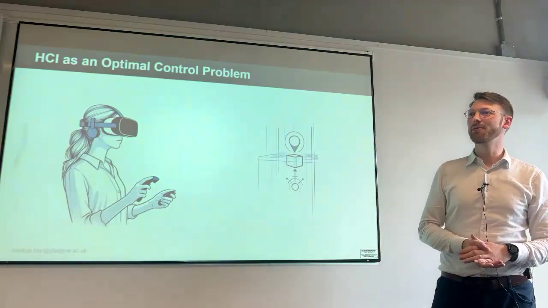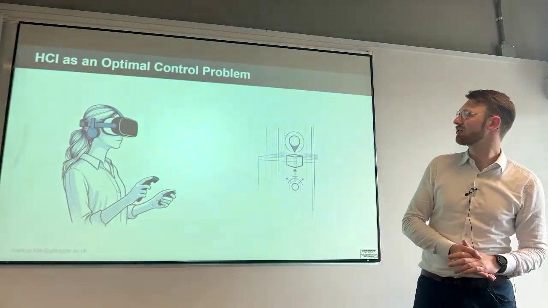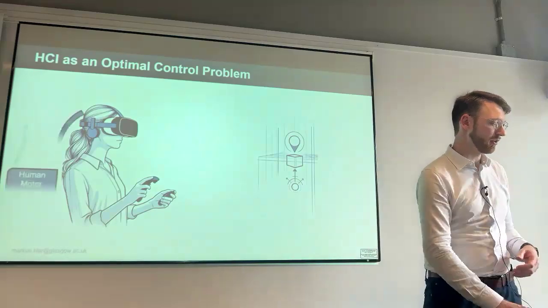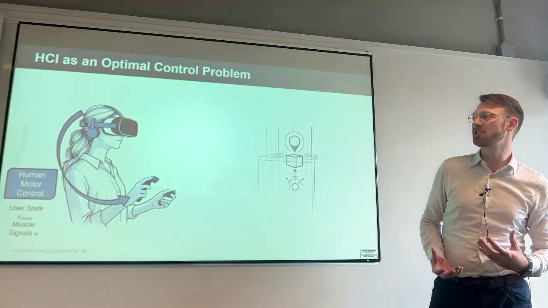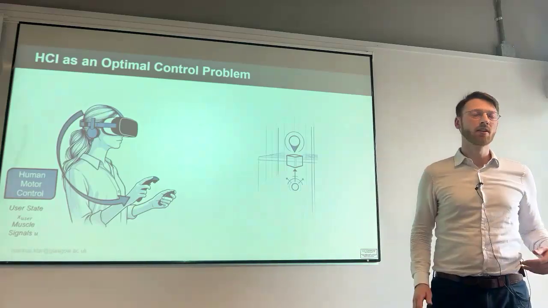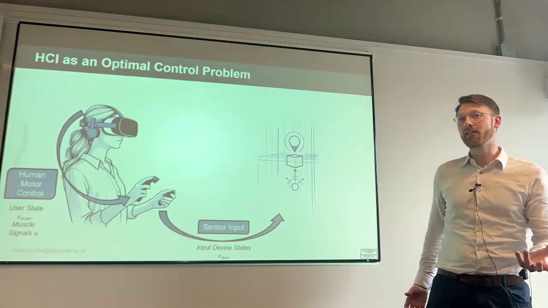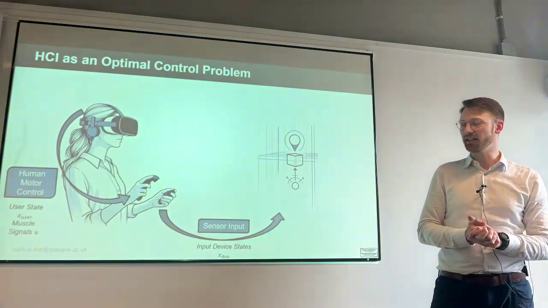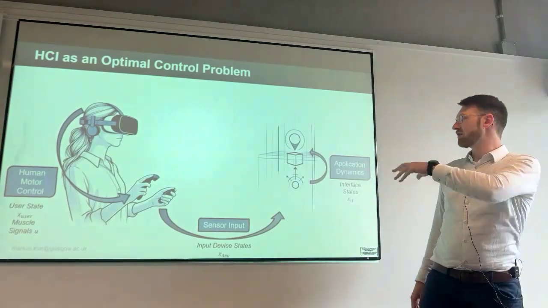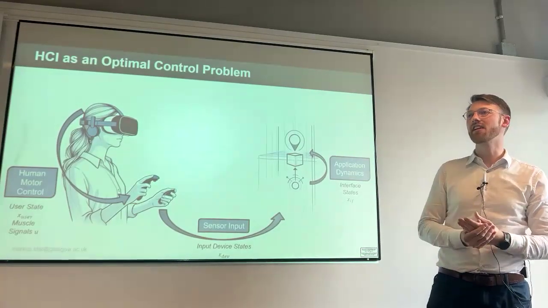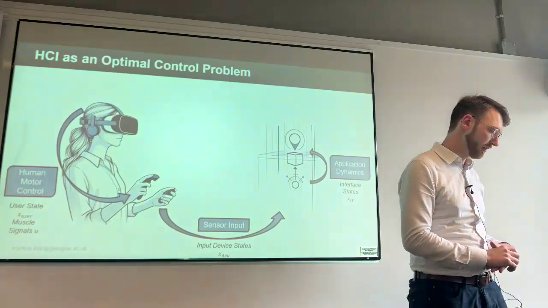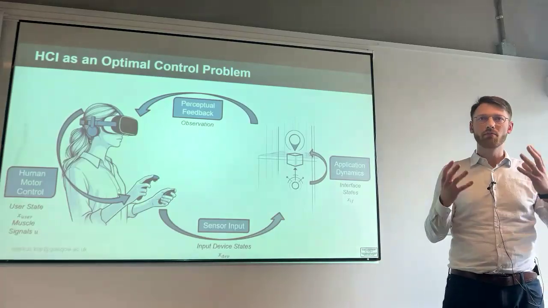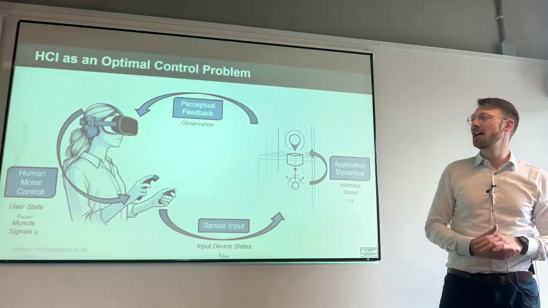For those who are not that familiar with the theory, I will explain it shortly with this example. The user on the left is trying to control this virtual object. What the user is doing here is choosing muscle control signals to change their body state, which is then sensed by the input device. We can collect the input device states, and then this changes the application or interface state by moving this virtual object, for example. And finally, this movement is then perceived by the user through a head-mounted display or haptic or audio